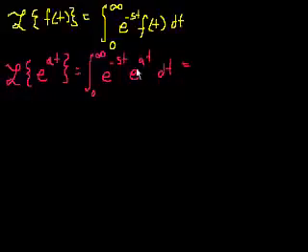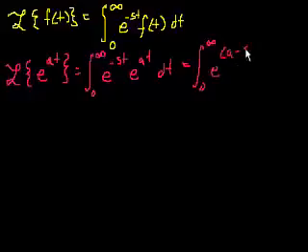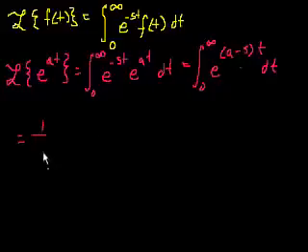Well, this is equal to just adding the exponents because we have the same base. The integral from 0 to infinity of e to the a minus s t dt. And what's the antiderivative of this with respect to t? So it's equal to 1 over a minus s. That's just going to be a constant, right? So we can just leave it out on the outside. 1 over a minus s